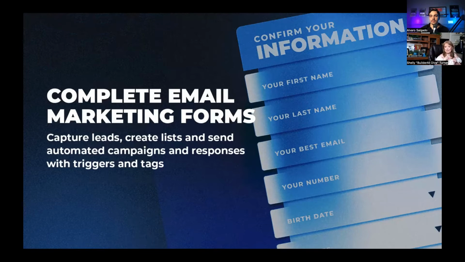So you can do name, email, phone number, address, all kinds of stuff, but you can customize the look and feel of this. So they are absolutely beautiful forms for your visitors to see. And again, you can customize and brand these to your company's website.